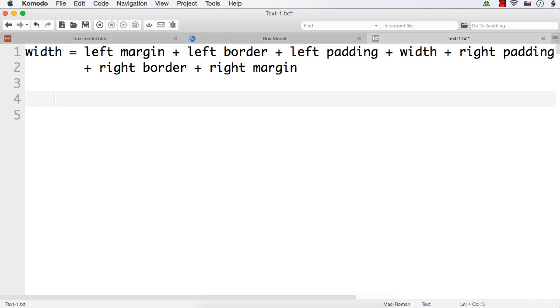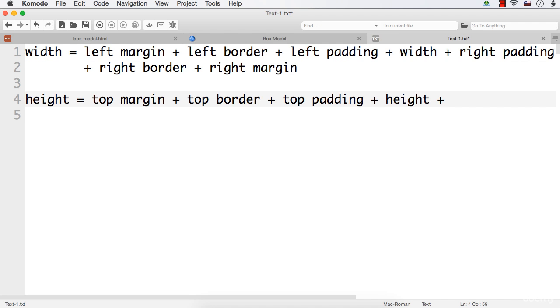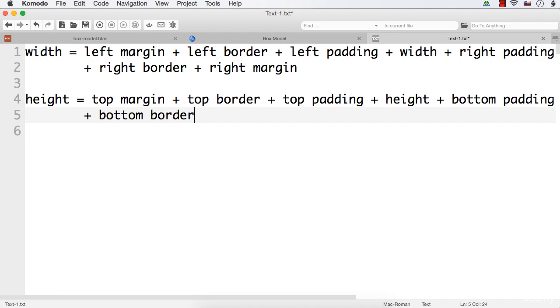Similarly, when it comes to height, it will be top margin, top border, top padding, height of the content area plus bottom padding plus bottom border plus bottom margin. So this will be considered when we calculate the width and height of an element. But in case of inline elements, you cannot set margin values for the top and bottom. You can only set margin values for the left and right sections.